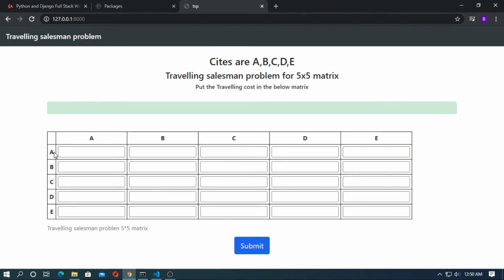Actually, A11 means city A to city A, A12 means city A to city B, A13 means city A to city C, and so on.